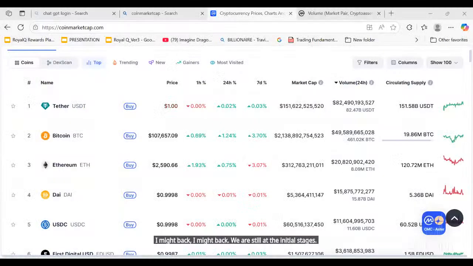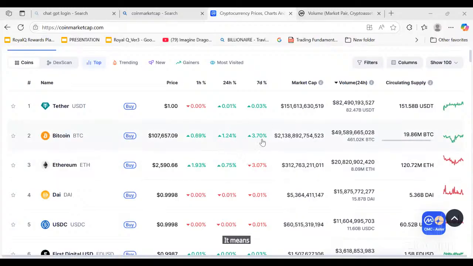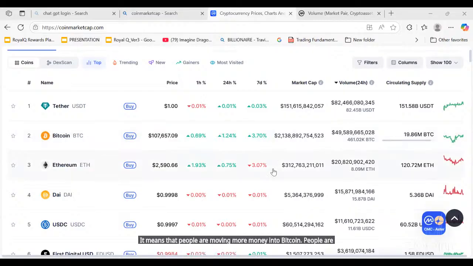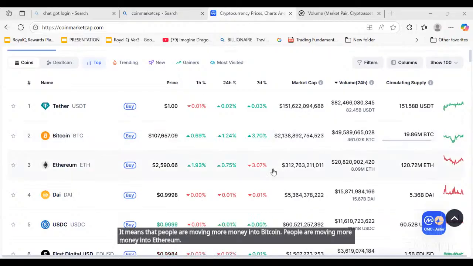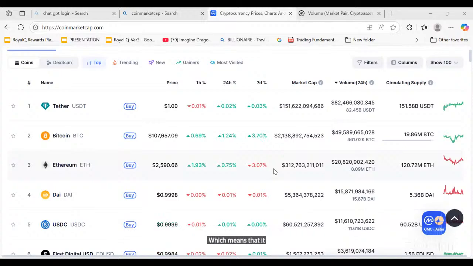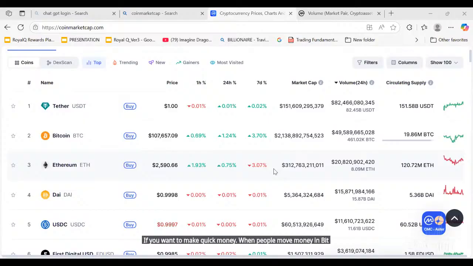Am I back? We are still at the initial stages. We haven't started serious business. But I want you to understand, it means that people are moving more money into Bitcoin. People are moving more money into Ethereum, which means that it is normal if you know how to do technical analysis. If you want to make quick money, when people move money in Bitcoin, like we are going to learn